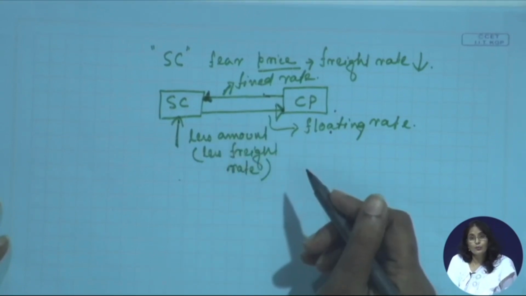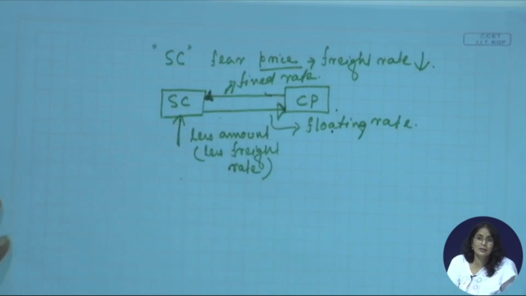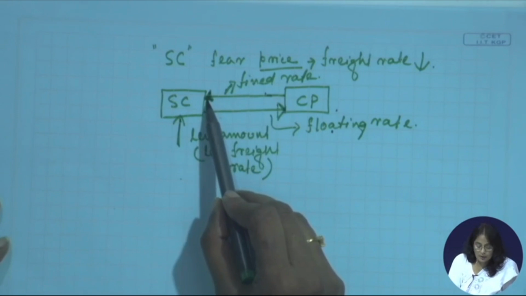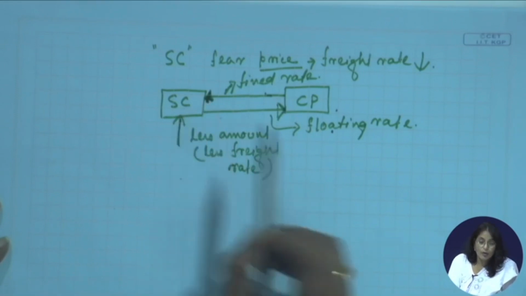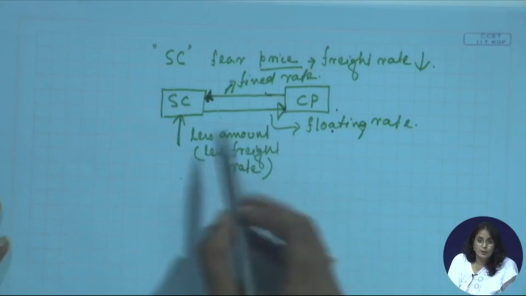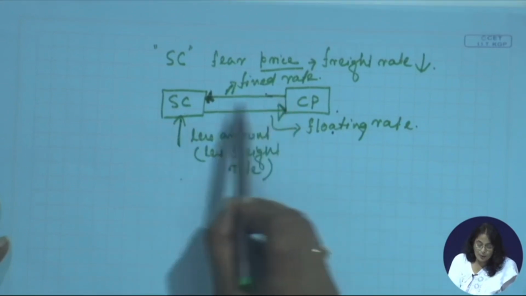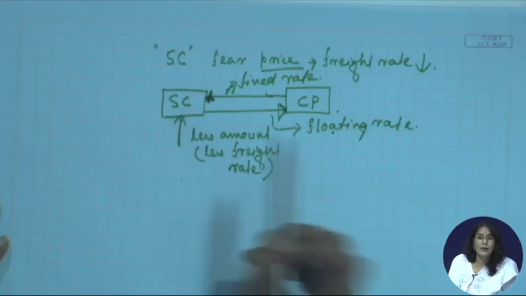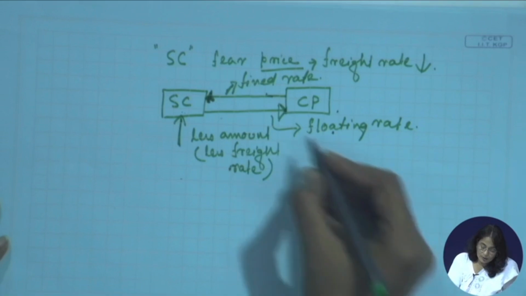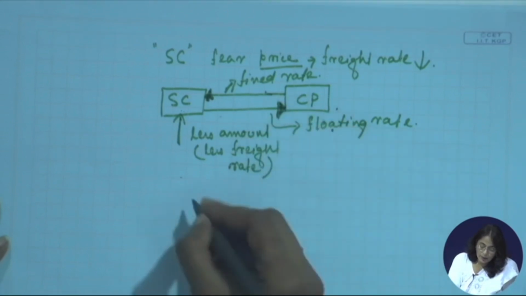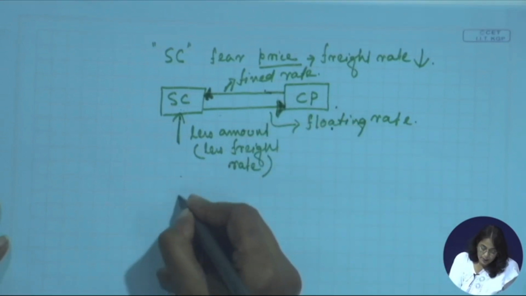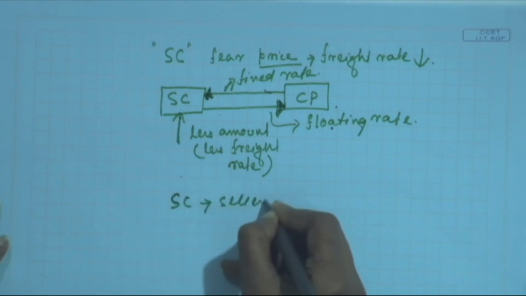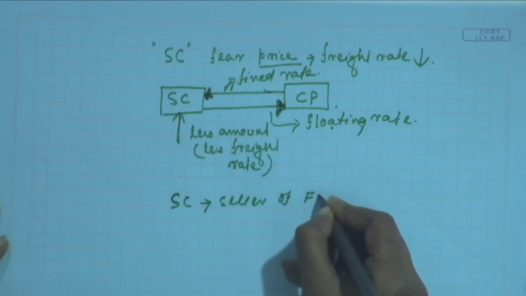So if his fear is true, this company SC will pay a lower rate to the counterparty, and the counterparty will be paying a fixed rate to the shipping company. So this is an example where your SC, that is your shipping company, is the seller of the FFA,